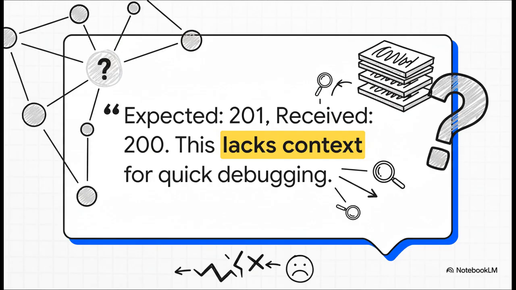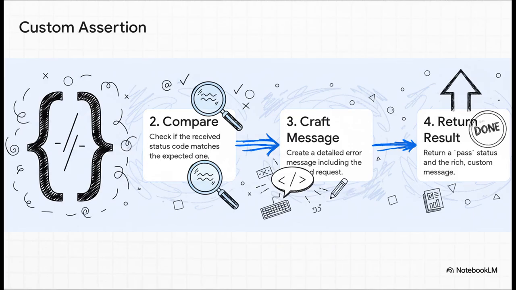Okay, so the test failed, but which API endpoint was it? What data did we even send? The standard error message gives us the what, but absolutely none of the crucial context. The solution is to create our own custom assertions. Using Playwright's expect.extend, we can define our own matcher. Inside this matcher, we do our check, but more importantly, we craft a super detailed, context-rich error message for when